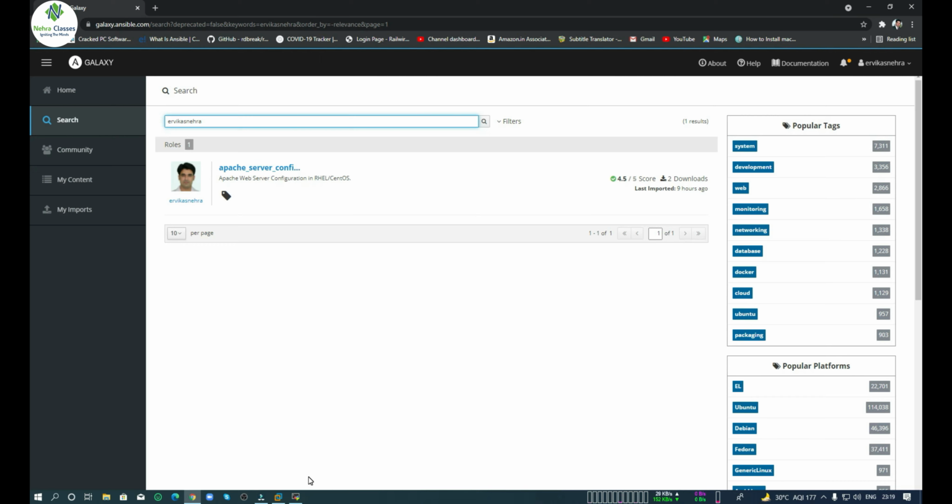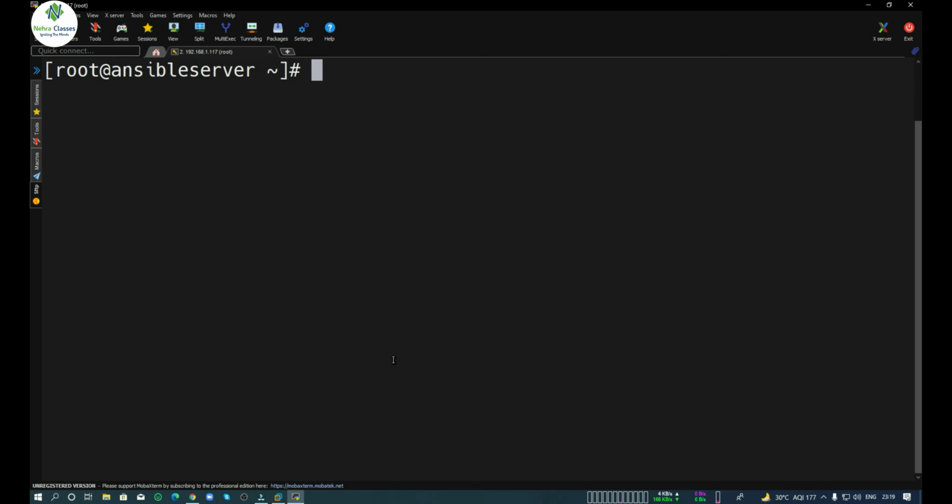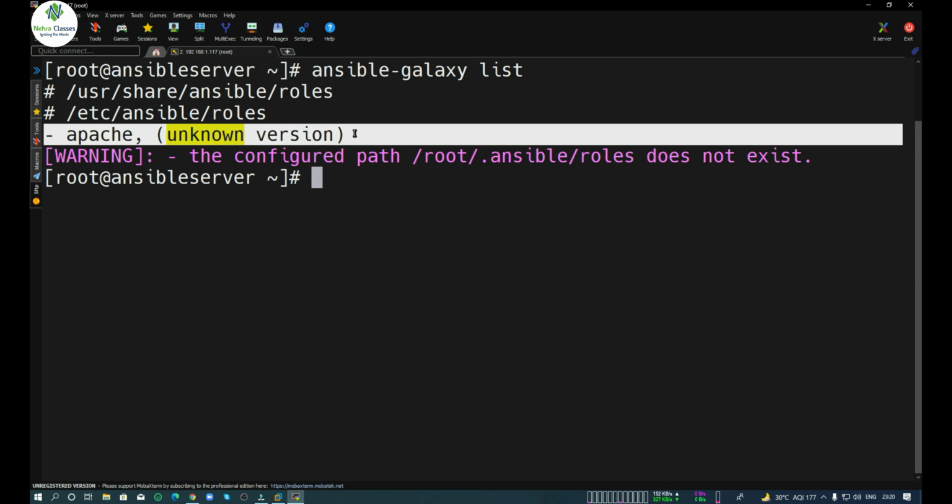So let's go to the Ansible server or the Ansible control node first, and there I will show you the procedure for how you can upload it. There are some commands that we can use with Ansible Galaxy. If we are dealing with Ansible Galaxy, we can execute the ansible-galaxy command. In case we want to create the directory structure for the roles, we can execute the ansible-galaxy init command that I have already shown you in the previous session. In case we want to list the available roles, we can execute ansible-galaxy list. This command will show you the roles that are defined in your machine. So you can see that Apache is there.